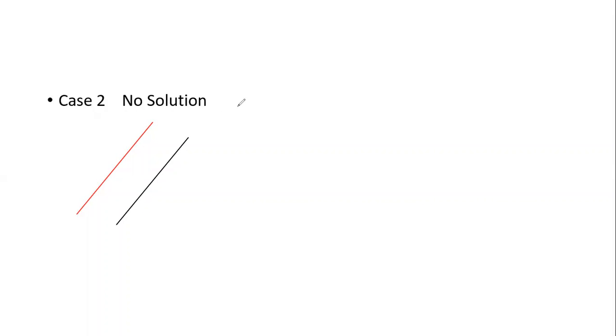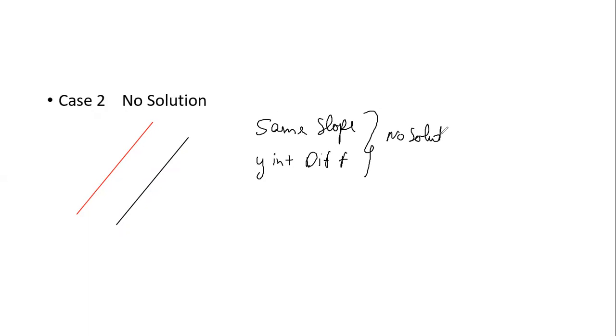Now, I know we have already done this in coordinate geometry. If two lines are parallel, they will always have the same slope. The slope will always be same, and the y-intercept will be different. So that's the point you need to know when you say no solution. The basic idea is if they say no solution, that means the lines are parallel, and if the lines are parallel, that means their slope is same. So let's see how we can use this in a question.